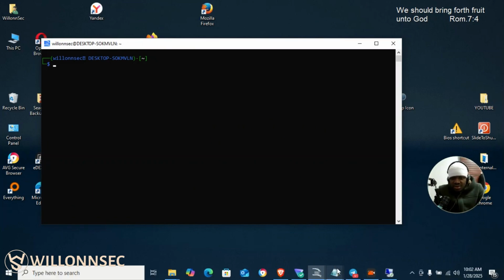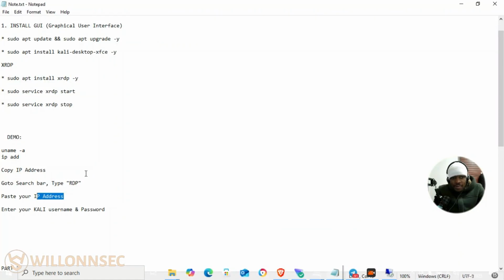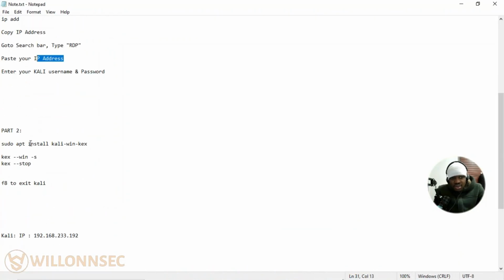Then the next option to do this, this is the second part: you have to install Win-KeX on your PC. So this is the command to do this after the installation. Then to start